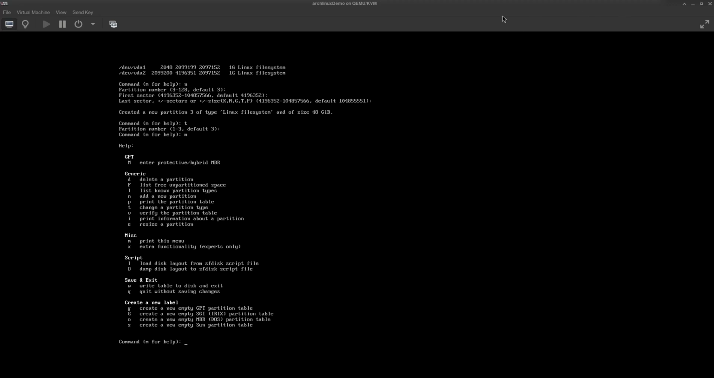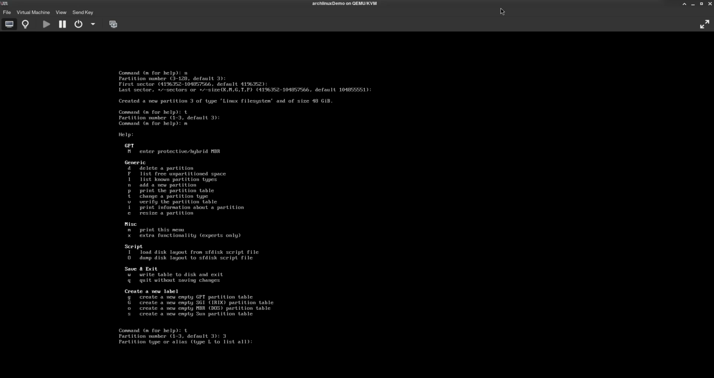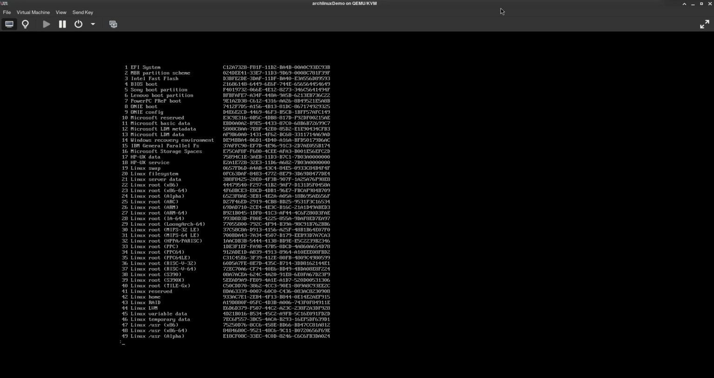Now, as you can see, I pulled up the help menu just to show you. We did lowercase g, which creates a new empty GPT partition table, and we did N, which adds a new partition. Now we're going to do T, which is to change a partition type. We're going to change the third partition type. We're going to type L to list all the partition types it can be changed to. We're going to actually change it to